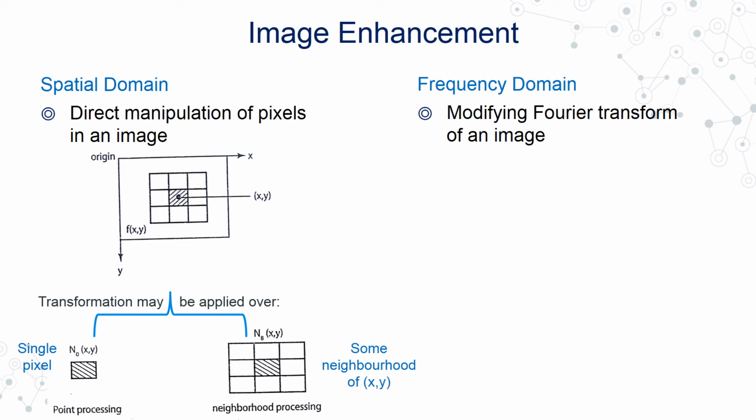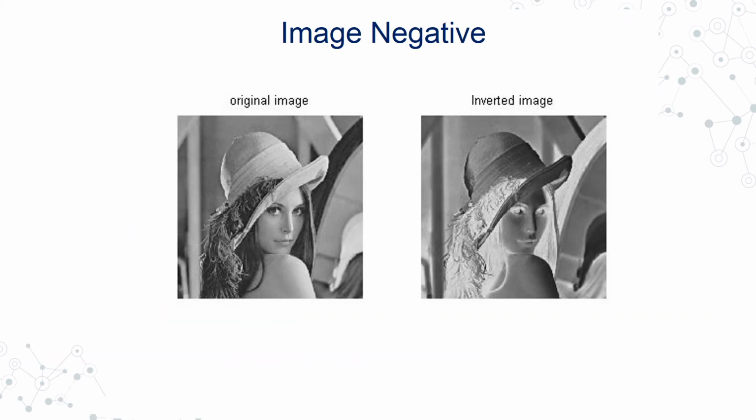Once we are done with that, we would be looking at image negative, where I am inverting my pixel values: black becomes white, white becomes black. If it is an 8-bit image which has a range from 0 to 255, then I would be doing the inverse processing. So it would be 255 minus the value of the pixel, R. That is what we would be doing, and we would be implementing the same in MATLAB.